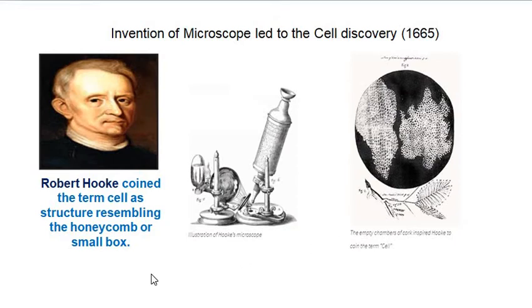Later on, Robert Hooke made the simple microscope using a single lens, and he used his microscope to view plant cork. He found that plant cork is composed of tiny compartments which resembled a honeycomb, and he observed small boxes surrounded by a boundary wall, and he named the tiny compartments cells. Cells were discovered with the help of the microscope, and Robert Hooke gave the term cell, which led to the foundation of cell biology.